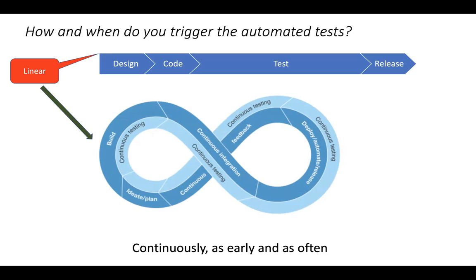When the code is being built by the developers, we want to make sure we execute certain tests. When the code is being merged with the feature branch or main branch or whatever your branching methodology is, you want to make sure you run a battery of tests. When the code is deployed to an environment, you want to make sure you run a battery of tests once that happens. So this is a really good way